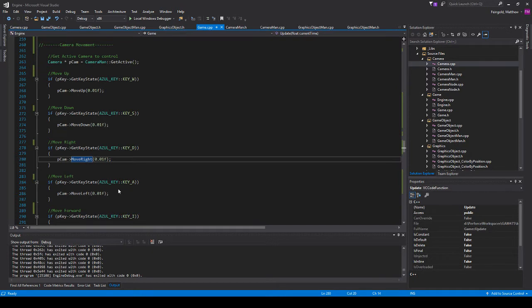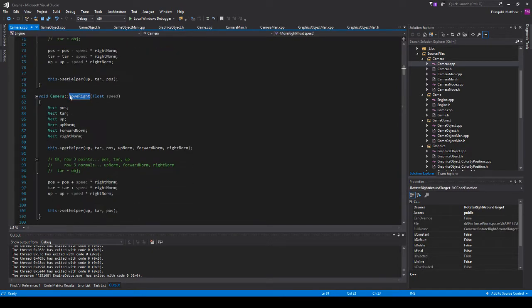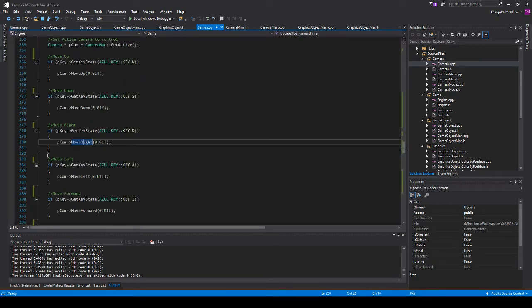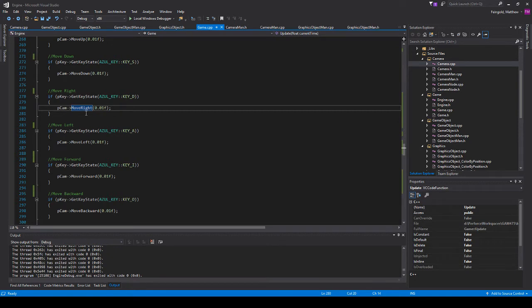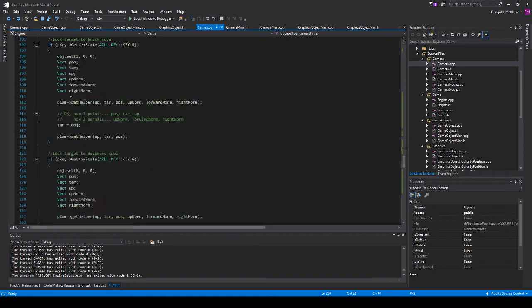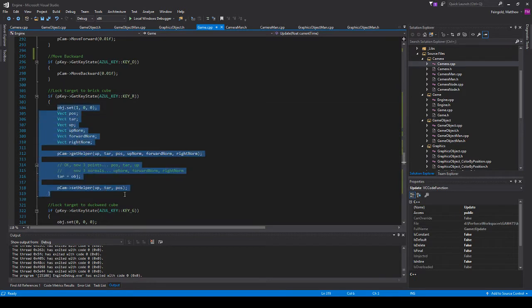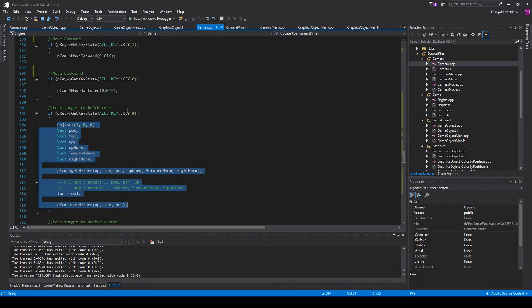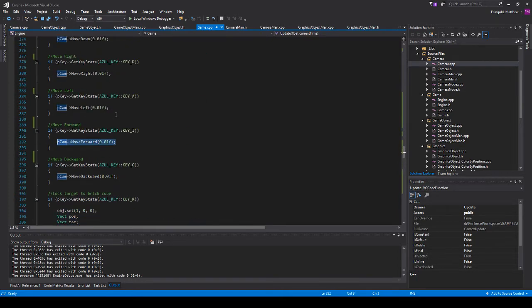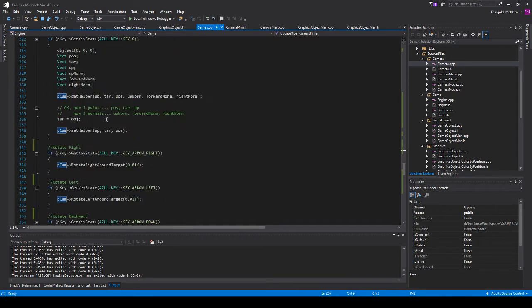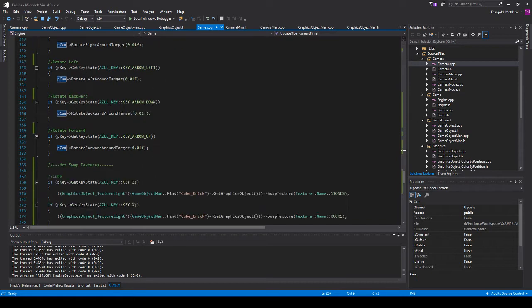I could quickly jump into one and just show in the camera class. I do all my calculations here to update the camera's position, up, and target. And then after all of these, this is from the class demos, locking the target to a particular object. I kind of liked the free camera. That's the only stuff I want to keep for now. I'll probably add a lock to target function over break, and then here's my rotation,